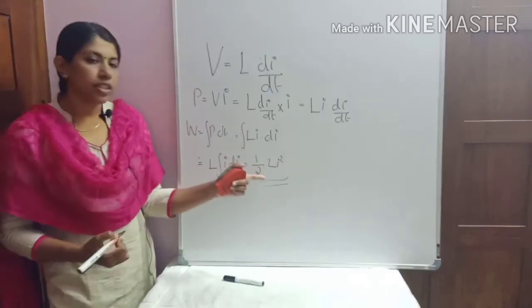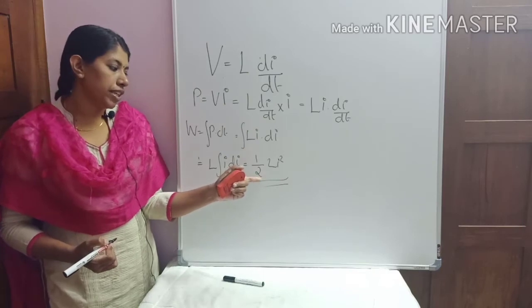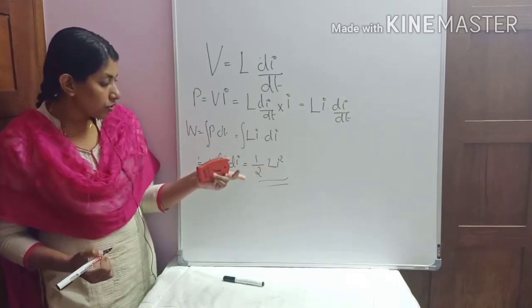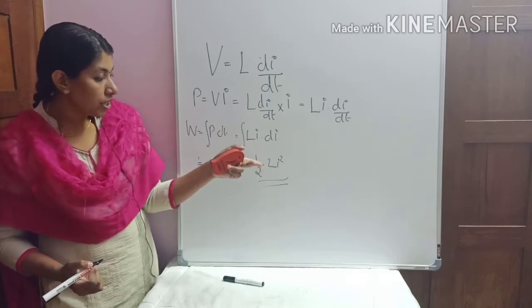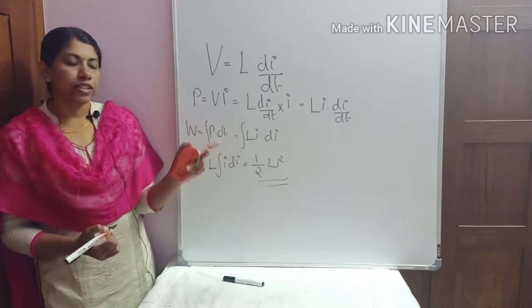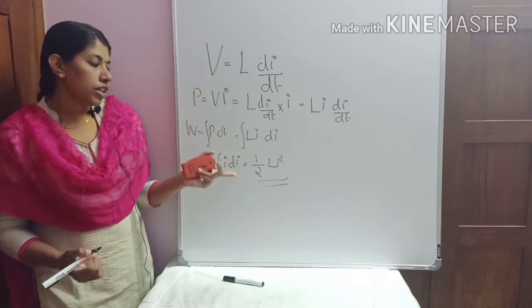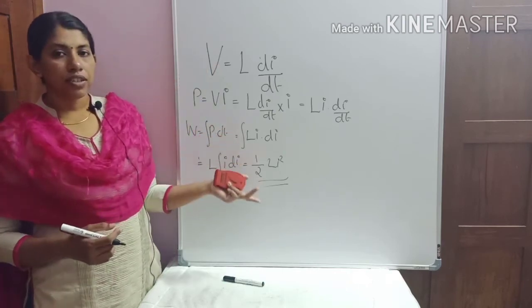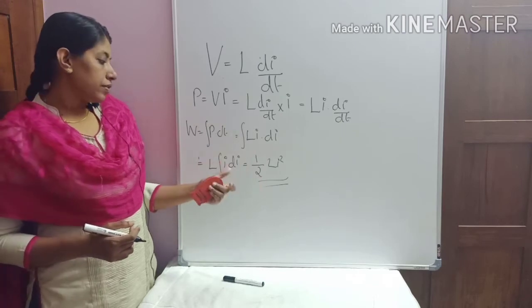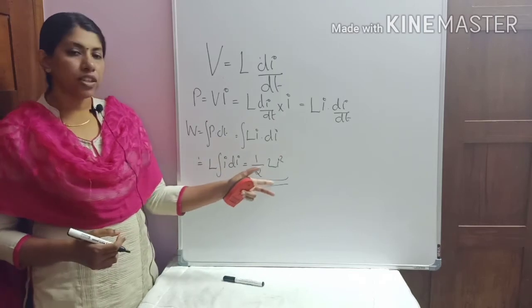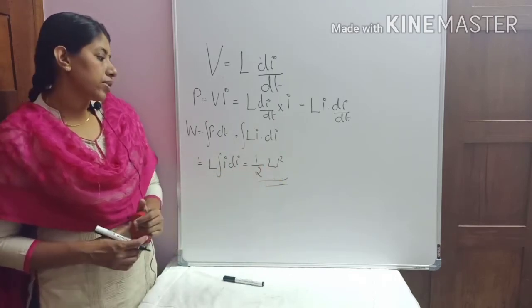So energy stored inside the inductor is given by the relation half Li square. From this equation we should know that even though the voltage is 0, inductor can store energy. When will the voltage become 0? When DC current flows through it. So inductor allows the DC current to flow through it, and inductor will store some energy according to the relation half into Li square.